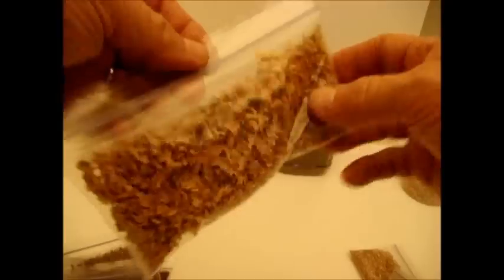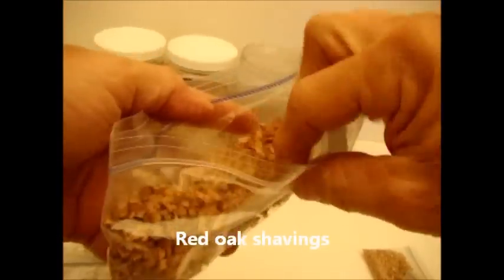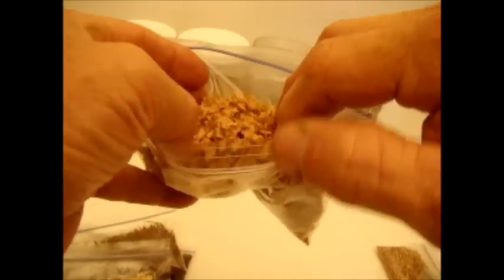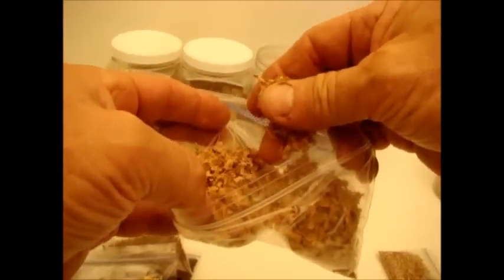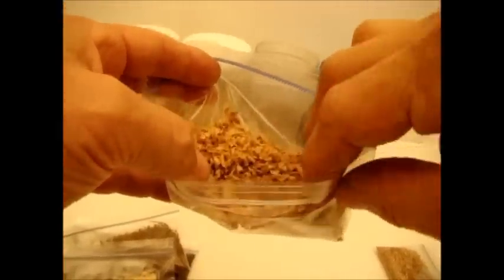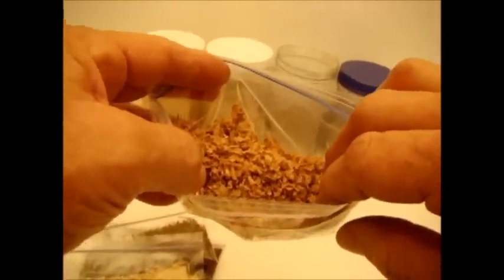And finally, this right here is red oak shaving. This is the exact same thing. It comes from a planer. It's made from red oak that's been kiln dried, so it is kiln dried shavings. You can get it in red oak and white oak, and most places that make custom cabinets make them out of red oak or white oak. So usually